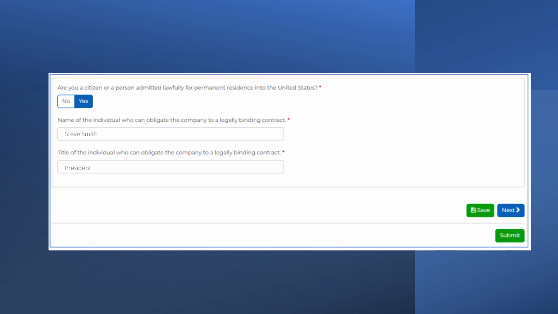Once you've filled out all the required information on this page, you have a few options. You can click Save if you wish to save your progress and return to complete the application at a later time, or you can click the Next button to proceed to the Attachments page of the JCP application. You can click Submit if you've completed all the sections of the application, including the attachments and Sign and Submit pages. If there are any missing or incomplete sections, you'll receive an error message indicating what needs to be addressed